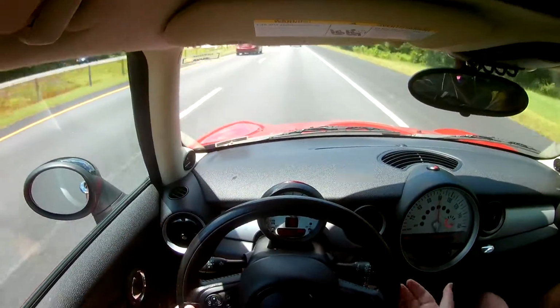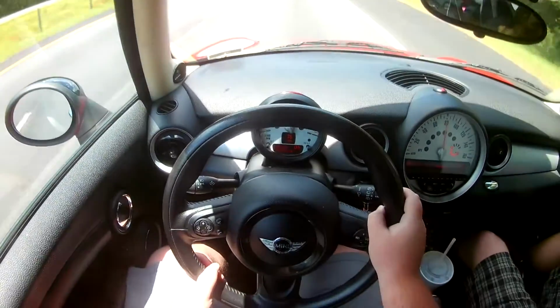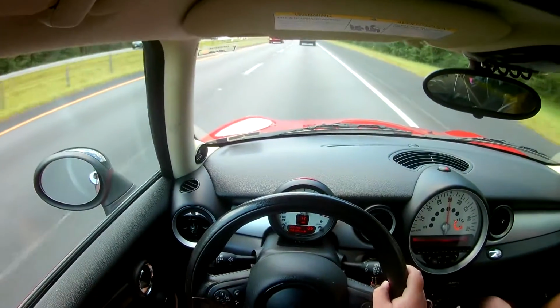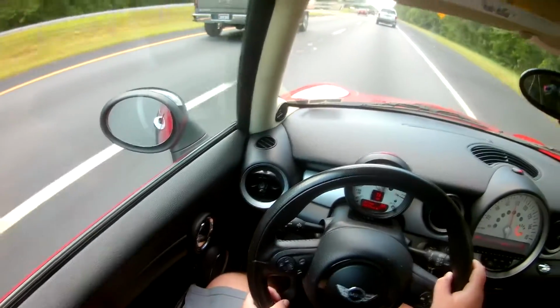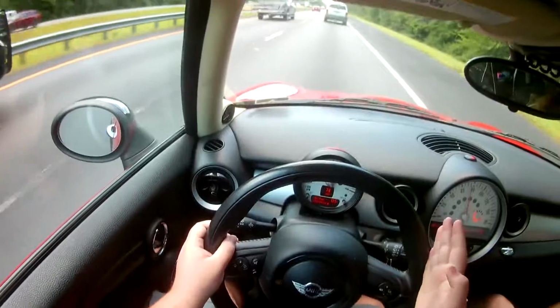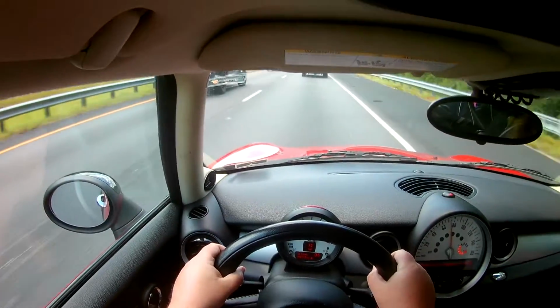Of course, obviously, reliability is a big concern in these cars. I know the supercharged ones in particular were awful, so it will take a little bit of experience in working on cars and being comfortable with getting your hands dirty every once in a while. But I think, honestly, even in the base model, this non-turbocharged, completely naturally aspirated version of the Mini,